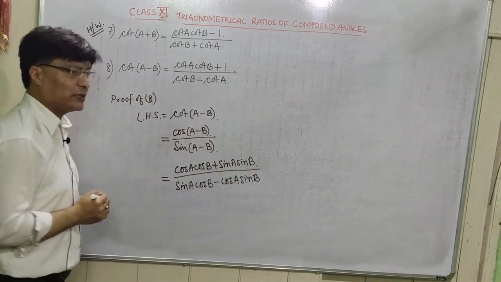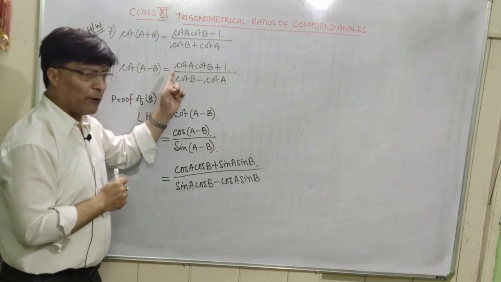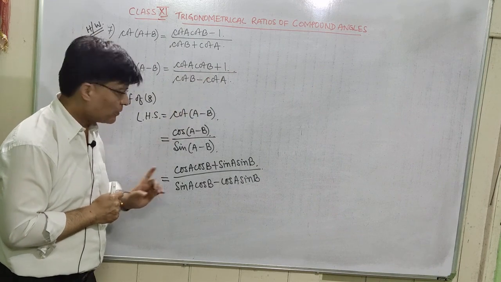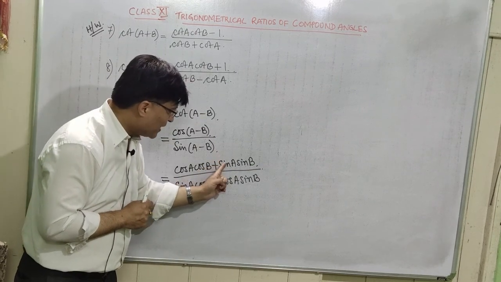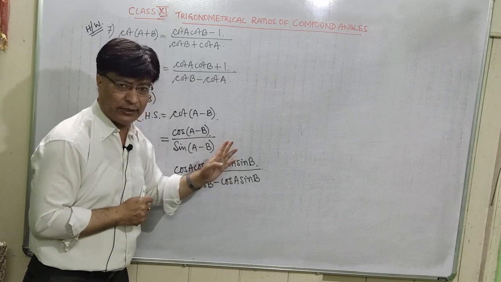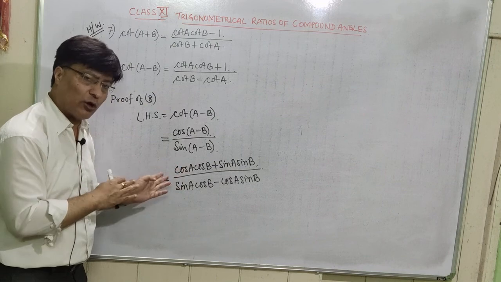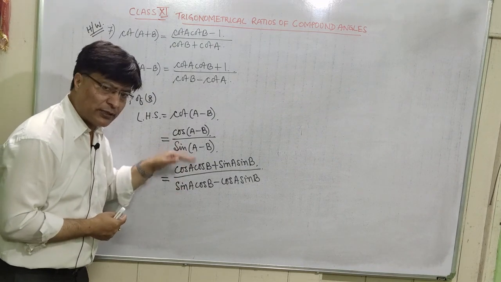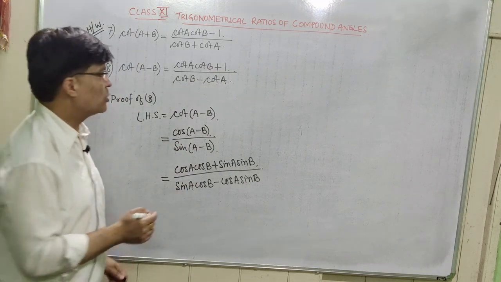So I think you have understood it. Okay, so now we have to prove this formula, cot A cot B plus 1 divided by cot B minus cot A. So this term sin A sin B should be 1 here, isn't it? So to make it 1, it should be divided by sin A sin B. So if this sin A sin B is divided by sin A sin B, this cos A cos B should also be divided by sin A sin B. If the numerator is divided by sin A sin B, this denominator should also be divided by sin A sin B. So let us write here,